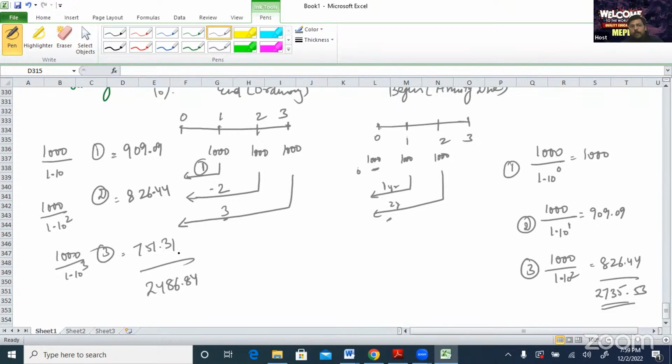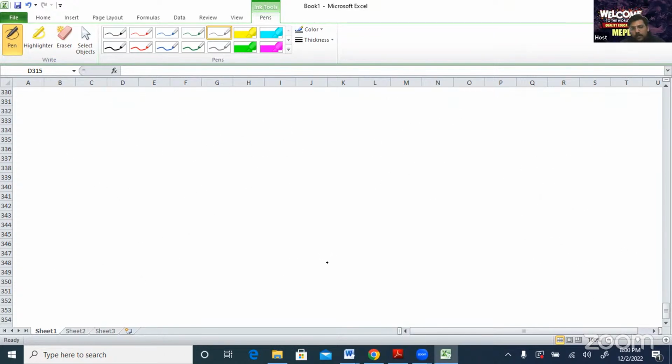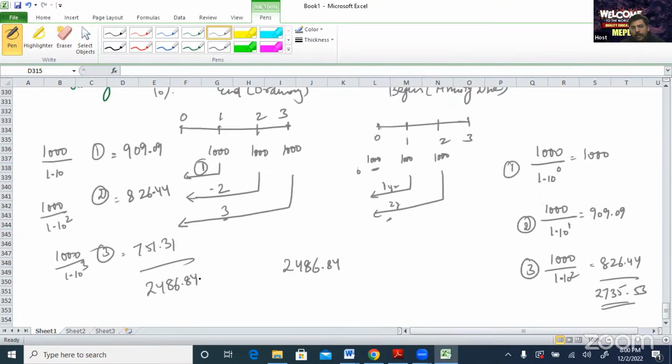And what I told you, that here we have one less discounting. One less discounting means one extra compounding. So if I want to calculate present value of annuity due from present value of ordinary annuity, again simply what I will do, I will simply compound it for one extra period because there is one less discounting. So 1.10 if I do, so let me see. Whether I am getting the same.